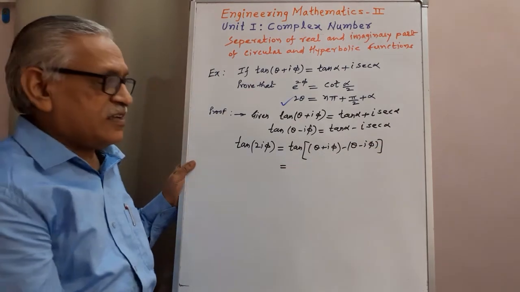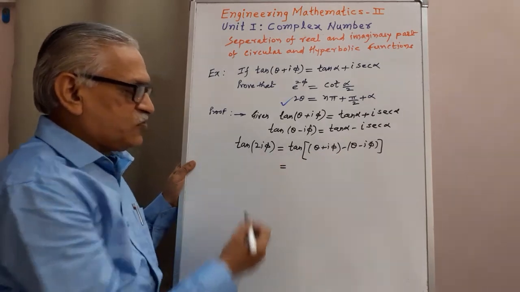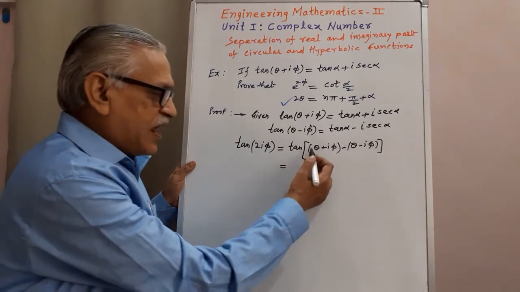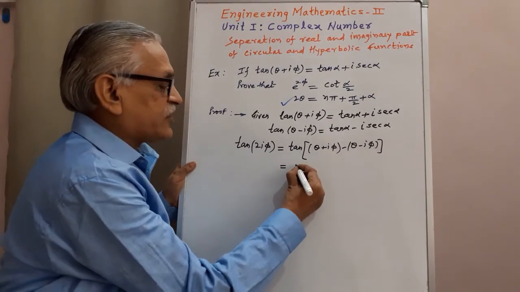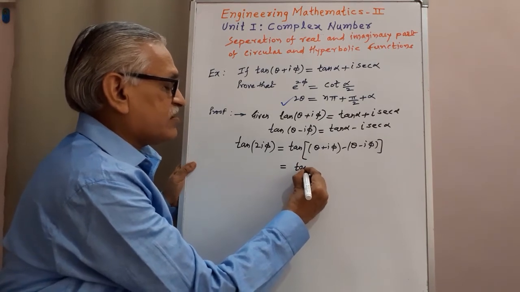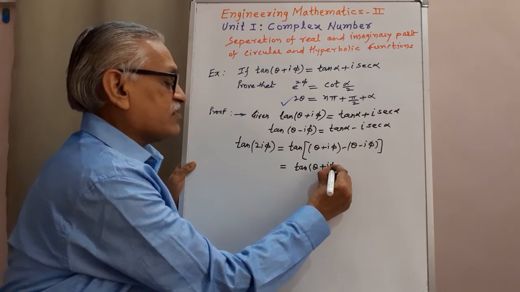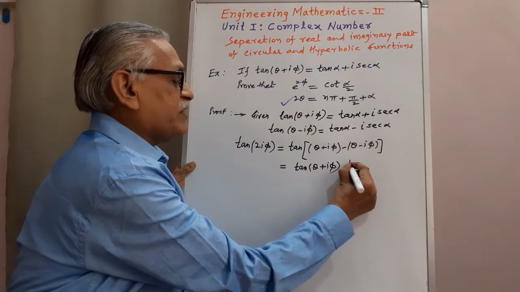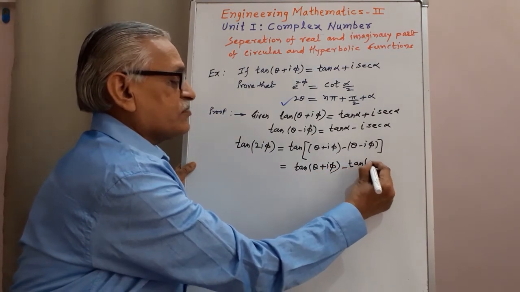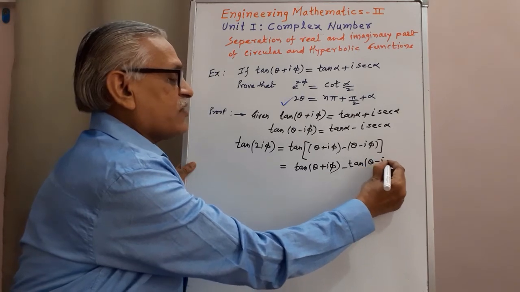Theta gets cancelled, i phi plus i phi we get 2 i phi. And it is tan of A minus B. Its expansion is tan A, tan of theta plus i phi, minus tan B, tan of theta minus i phi,